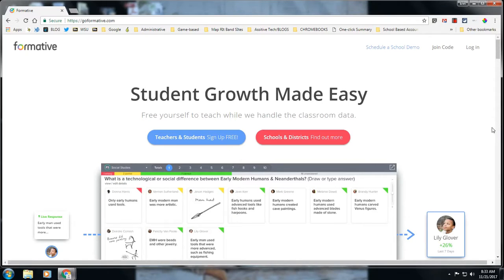This is Erin Fisher, Technology Integration Facilitator for the East Bridgewater Public Schools, and this is a brief overview of Go Formative. Go Formative is a great option for digital assessment, especially if you do not want to recreate an